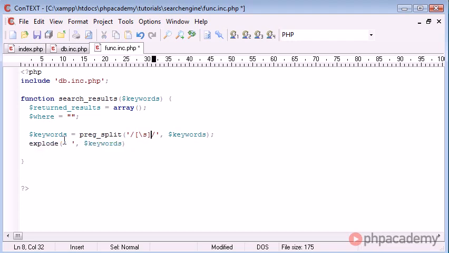So at the moment this essentially matches this, but what we need to do, and what we can't do with explode, is add a plus on here, and what that plus does is allows us to split by an unlimited amount of spaces. Okay, so what this has now done is it's taken an unlimited amount of spaces between each of these keywords and split it into an array. So let's go ahead and say print r